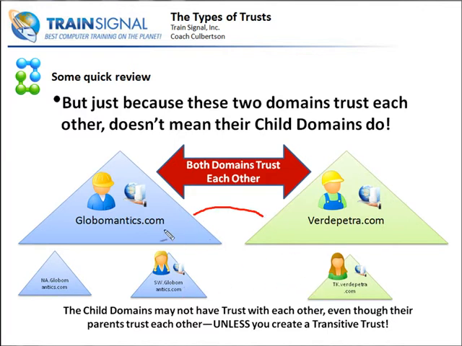So, for example, let's say that Globomantics and Verde Petra both trust each other. Let's say it's a two-way domain trust. If that trust is transitive, then let's say that Dina down here in tk.verdepetra.com, well, whenever you have a child domain, if you don't set up anything different, it's going to intrinsically trust its parent domain. So if TK Verde Petra trusts verdepetra.com, and verdepetra.com trusts globomantics.com,